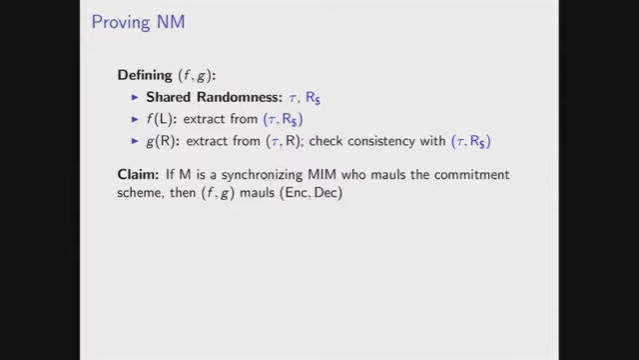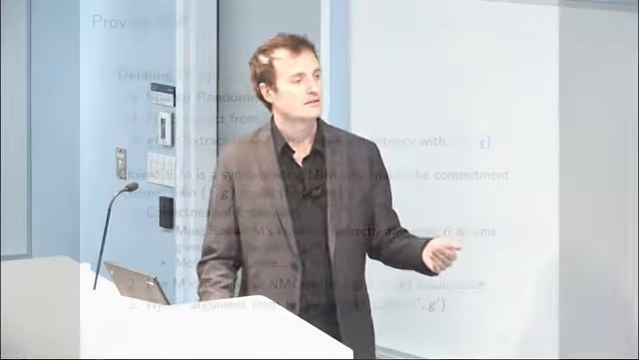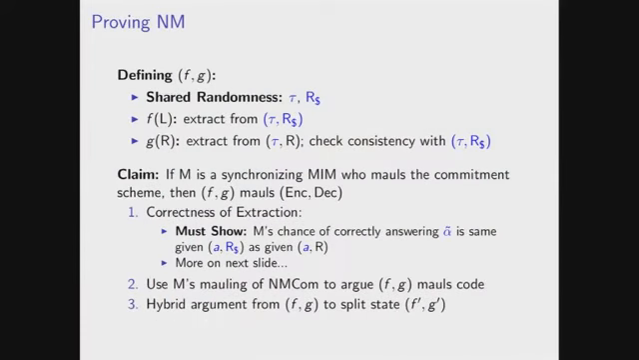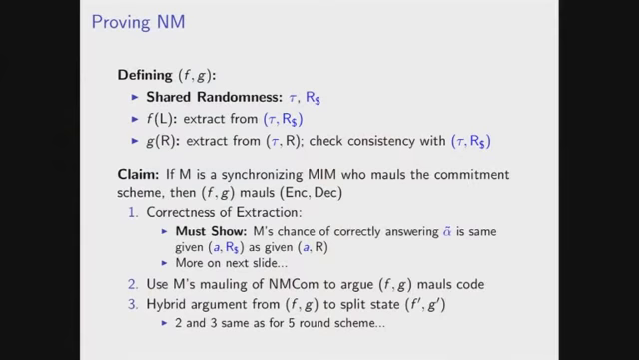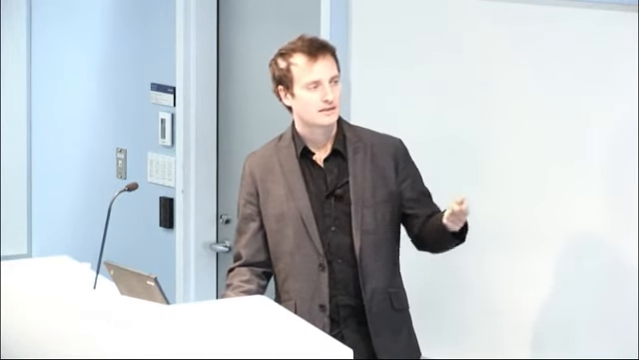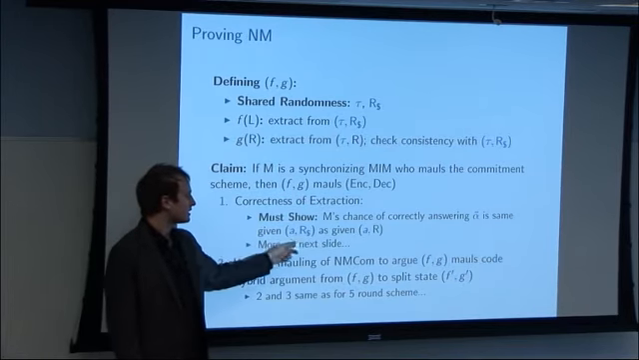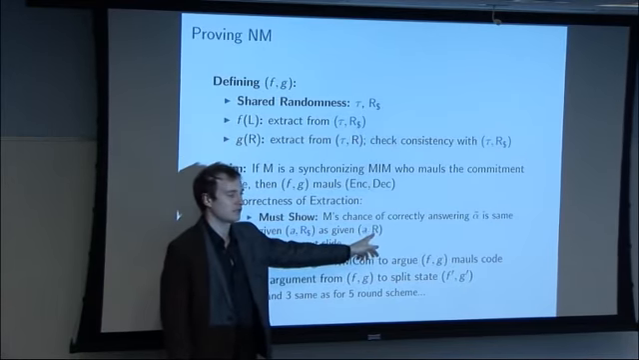Okay, and to prove non-malleability, you need the same 3 steps. Steps 2 and 3 are exactly the same as in the 5-round scheme. And for step 1, the correctness of extraction, you have to show that the chance that this blue A tilde is correct, given that you answered using this bogus value of R, is the same as if you answered with the real R. Okay, so